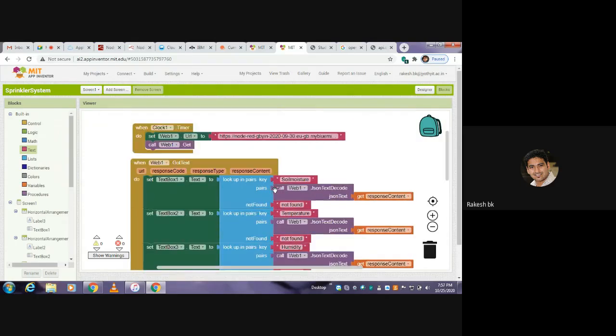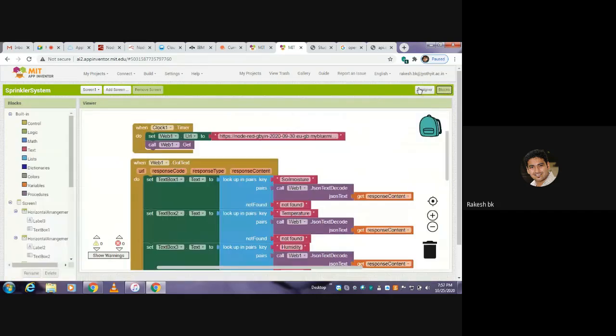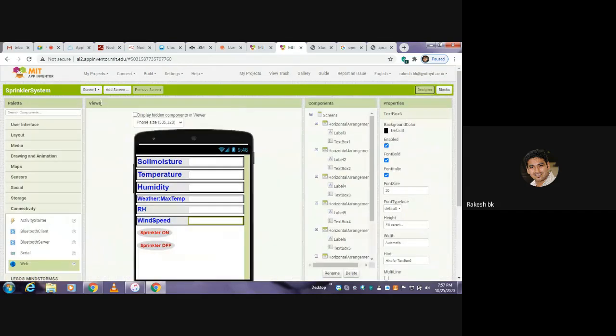So with this, we have developed a mobile user interface by using MIT App Inventor. If you click onto the designer, this is how it looks, and if you click onto the blocks, this is how it looks. And now, how to display this data onto your Android mobile? Go to the option above called Connect. Click onto Connect, and you have three different ways where you can reflect this data on your Android mobile. Click onto the AI Companion.